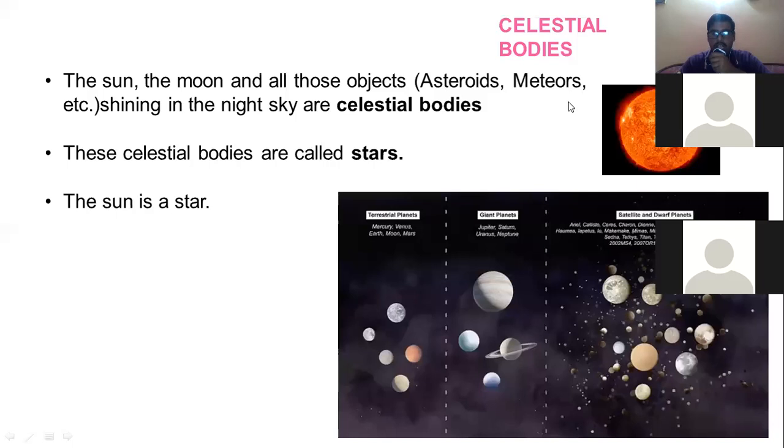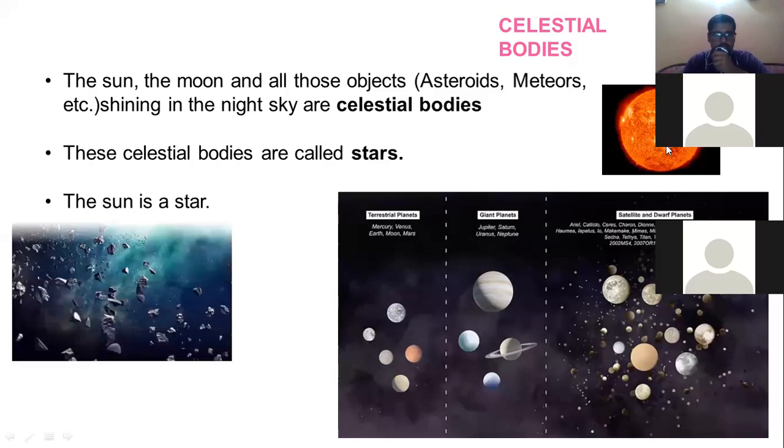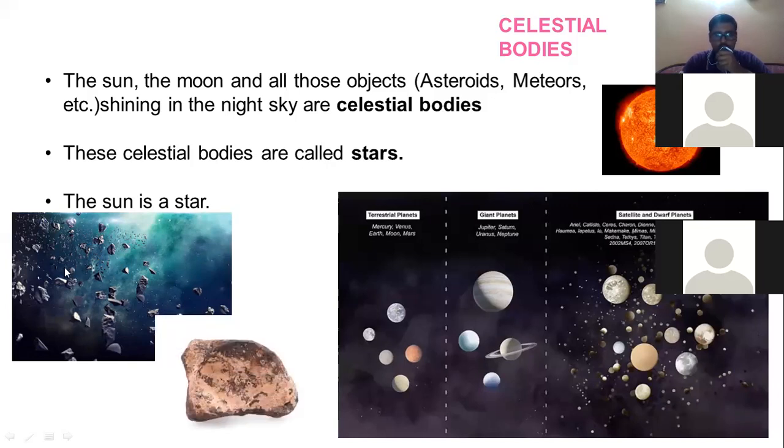So, as you can see here, this is the picture of the sun, which is taken from the telescope. As you can see there, this is a giant ball, which is composed of hot gases and hot magmatic material. This particular one is the asteroids. This is not the real image, but an imaginary image. That's how the asteroids fall on our Earth, and it can create a deep depression over the basins of the